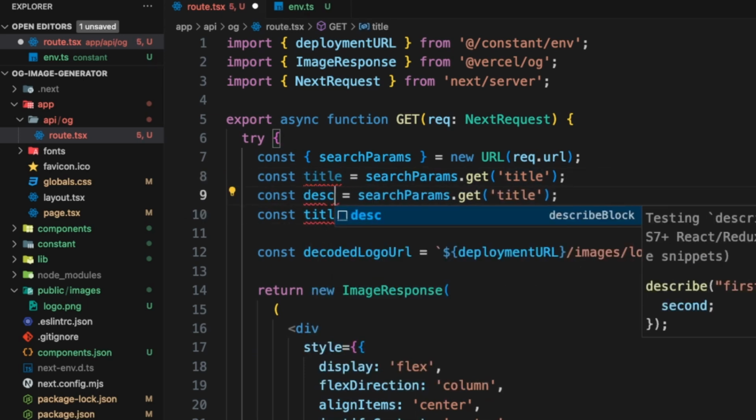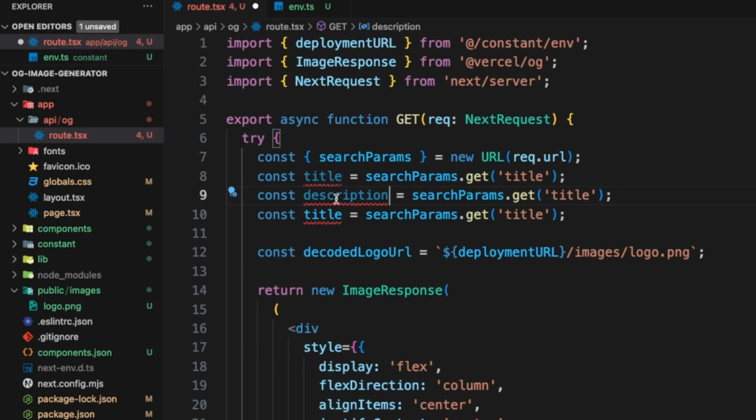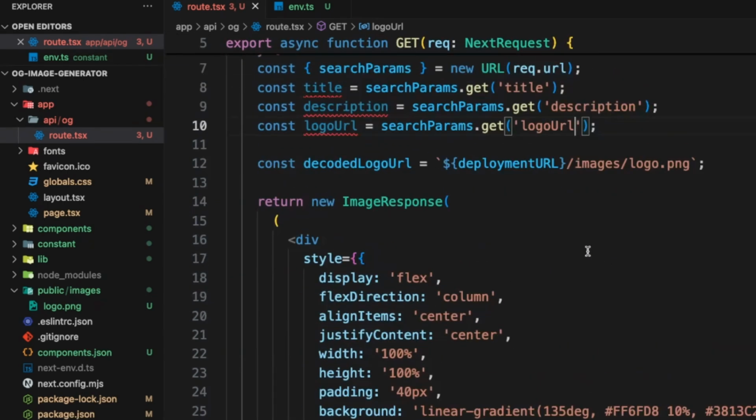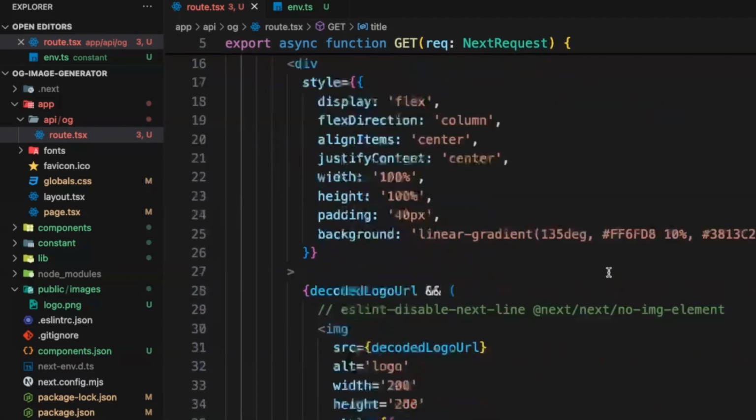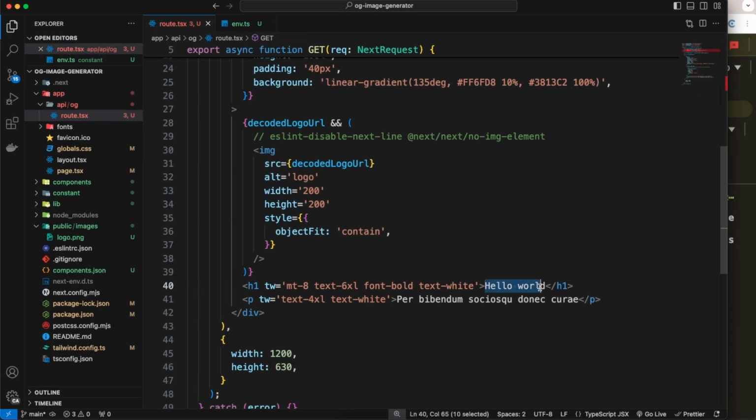This should be the description, and we grab the description as well. This should be the logo URL, and of course we are going to get the logo URL. All right, just like that. So now we need to render the title on the image right here. Instead of hello world, I'm going to render title, right? And all of this, it should be description,